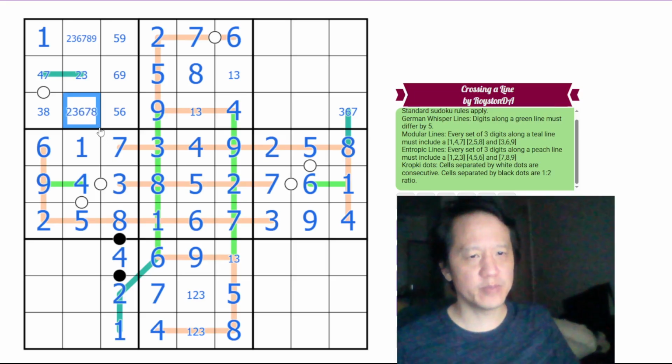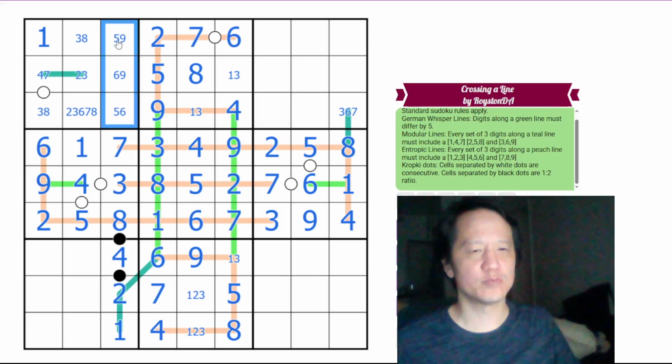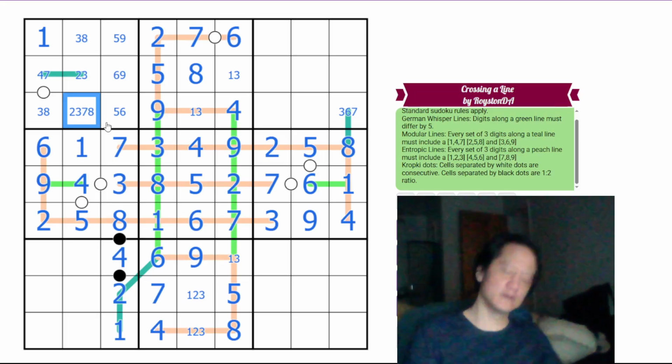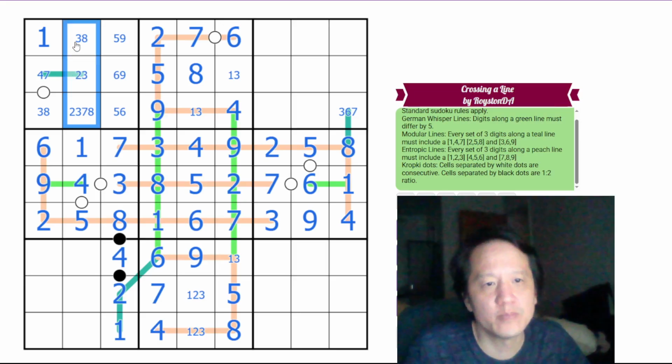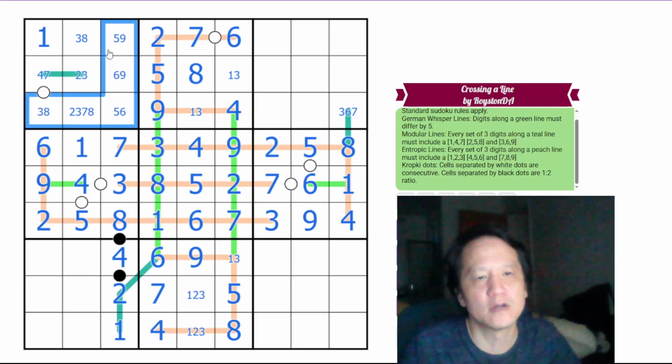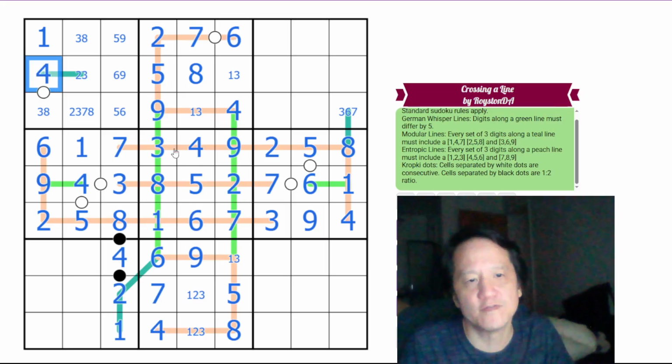Okay, this can't be 9. This can't be 2, 6, or 7. And this can't be 9 because of the 5, 6, 9 triplet in the box. This can't be 6, obviously, for the same reasoning. Okay, so where's the 4? 4 can't be here, can't be here, can't be here in this box, so this must be a 4, which